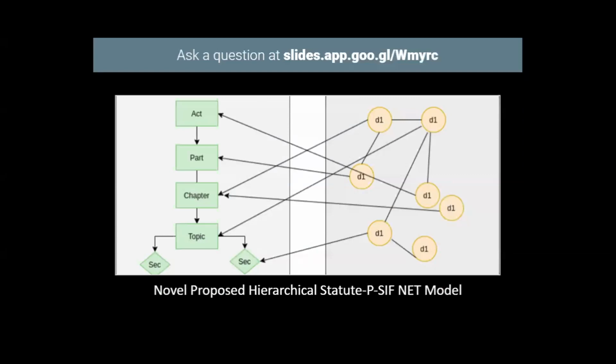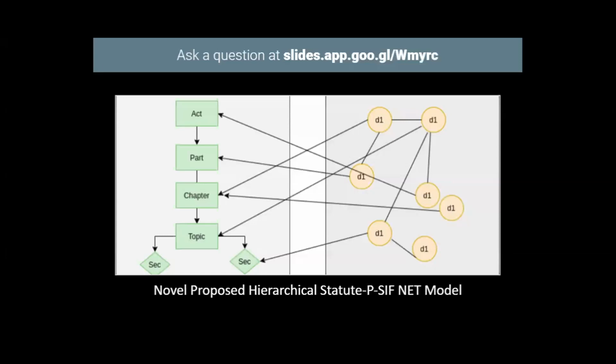PISF is partition smooth inverse frequency, which will help because legal documents are very large in size. It will summarize the document based on the topics that are extracted from the legal documents and will store the context of the documents, and at last finally concatenate them to represent the overall document. While it is desirable to use the same method to represent a document as well, unfortunately, the effectiveness is lost when representing long documents involving multiple sentences, right?